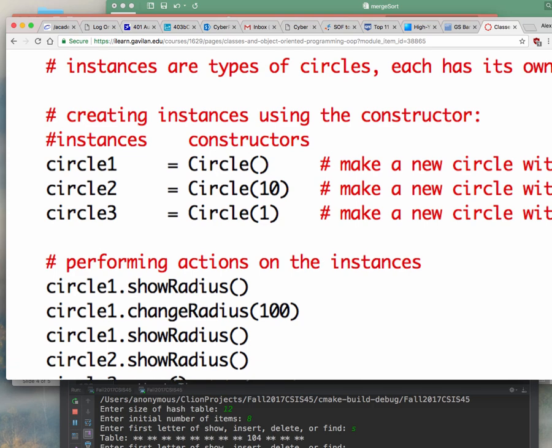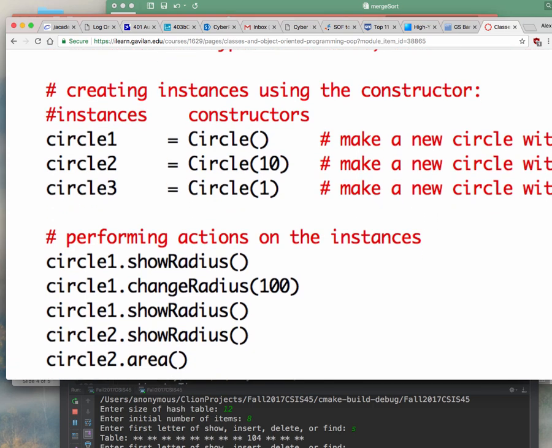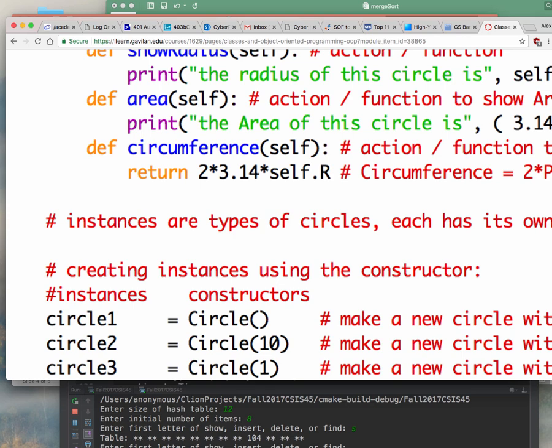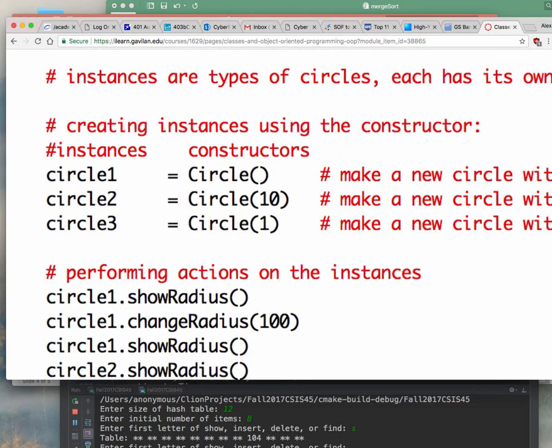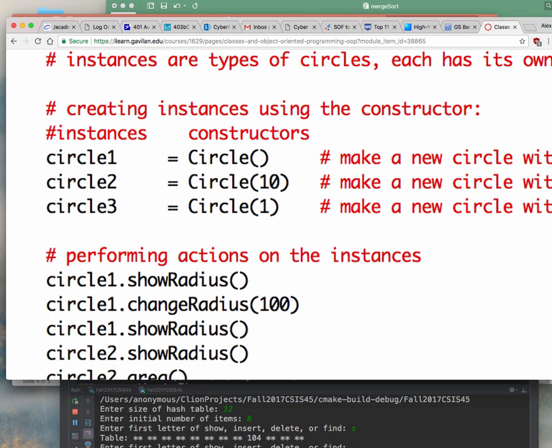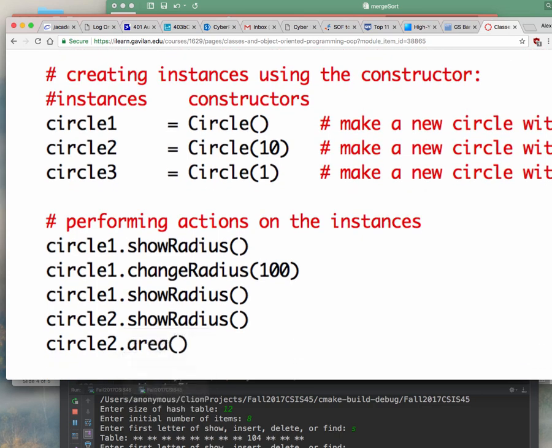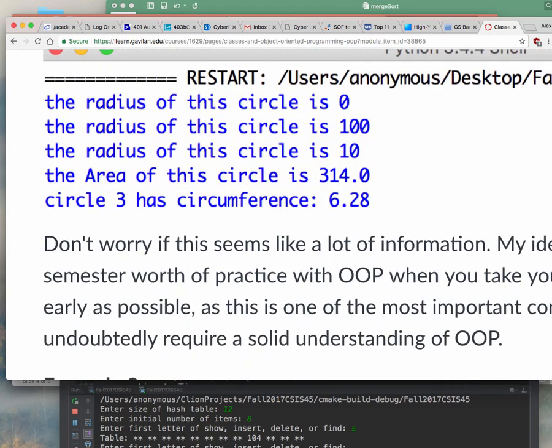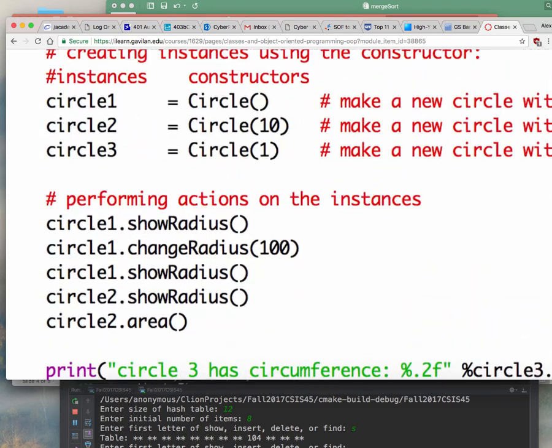And I can do the same thing for circle 2 show radius. I can do circle 2 dot area, right? As soon as I do that, that will call this function in here. So the way we access the functions that are inside of my object is using the dot. And that is how a lot of the object-oriented programming languages do it. If you do it in Java, you're going to use a dot. In Python, you're going to do a dot. In C++, actually C++ has 2 different ways to do it because one is not enough for them, but they also do a dot. There's an option for you to use a dot in C++ as well, and C. And your program test run is underneath this.